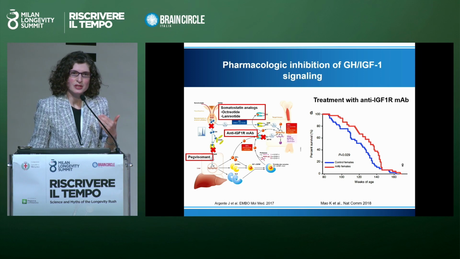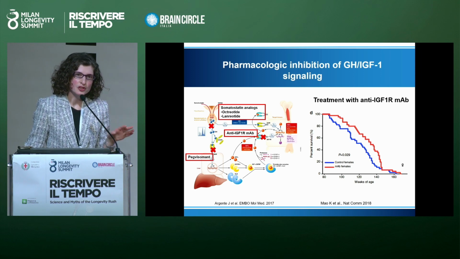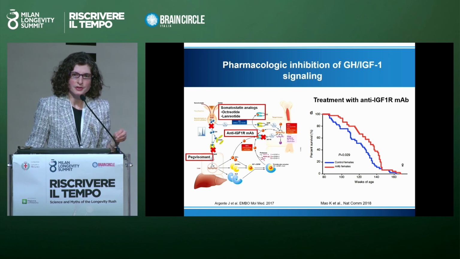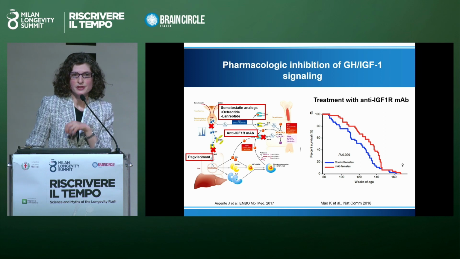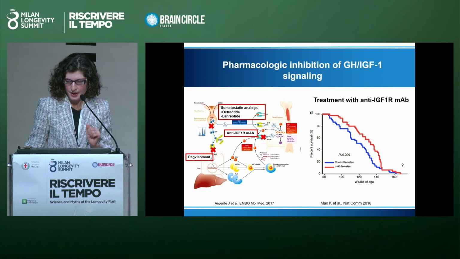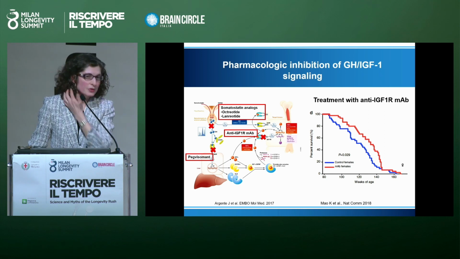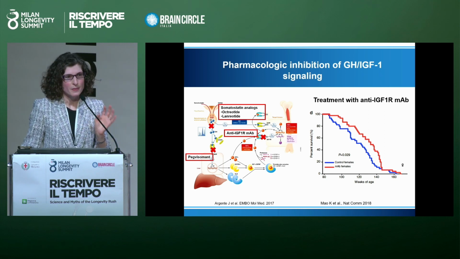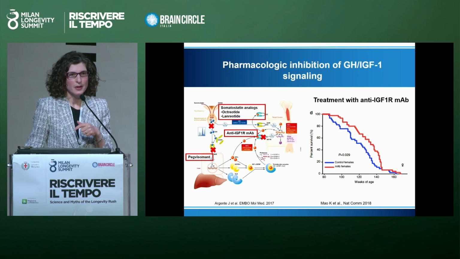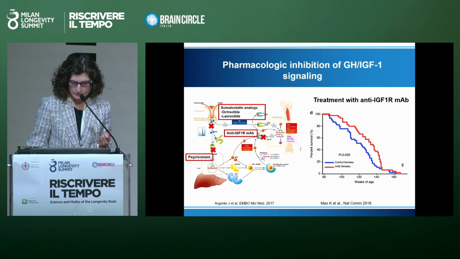And so that really allows us to go to the next step and say, okay, we can potentially use this treatment. It's relatively safe because it's already being given to many people for other conditions, and we can start it in middle age, and it will probably still have benefit. And now we're starting a preclinical trial in mice for now to test a compound that blocks this pathway to see if it'll prevent Alzheimer's disease in mice.